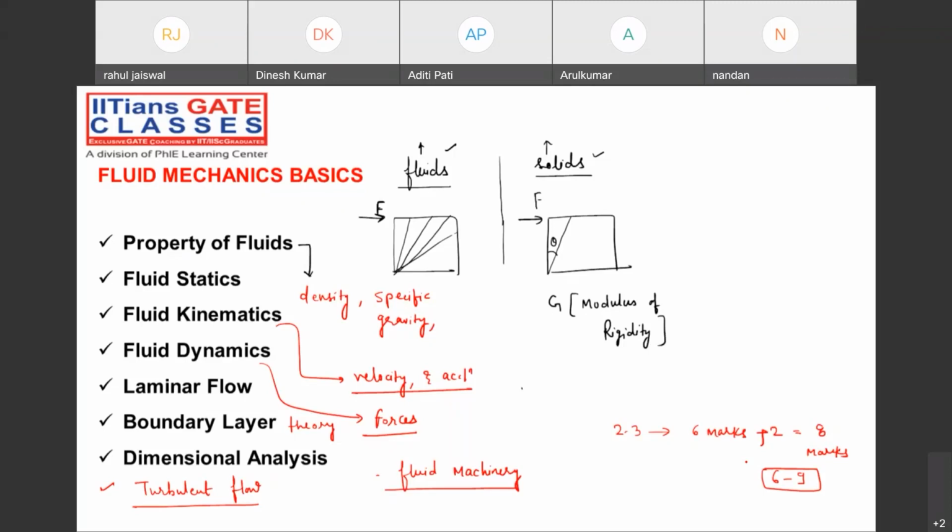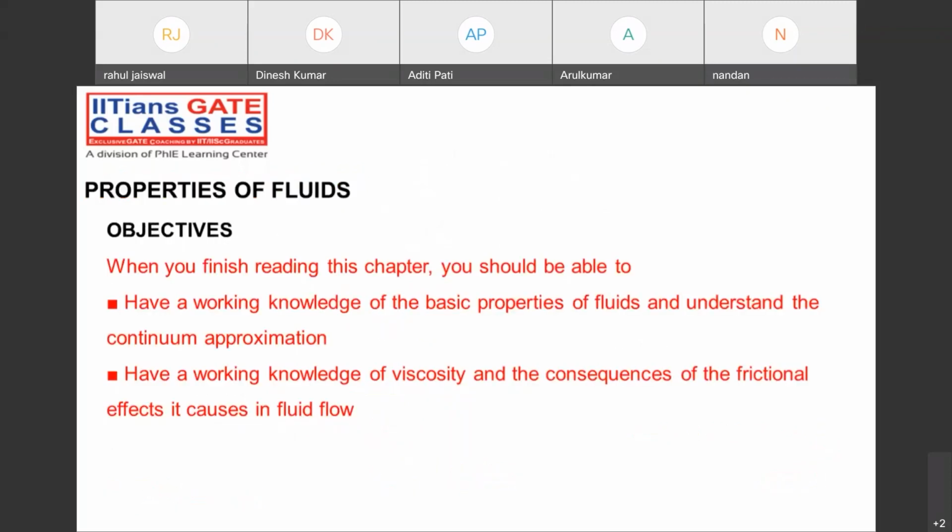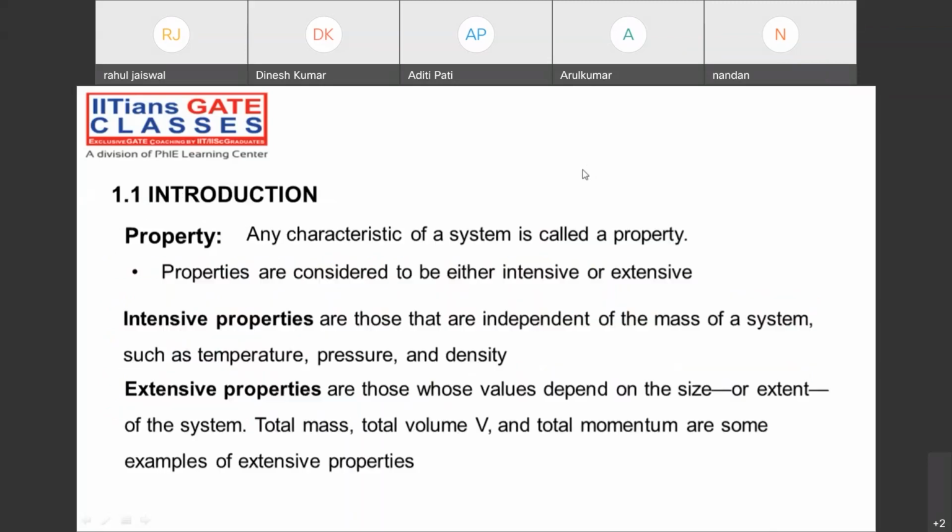Now, have all of you noted down? Yes, sir. So basically, we are going to cover the properties of fluids, and the objective will be, when we are about to finish this topic, that we should have basic knowledge of the properties of fluids, and we should understand the concept of continuum, right? And we should have working knowledge of viscosity as well as what the effects of viscosity are, right? Now, note down